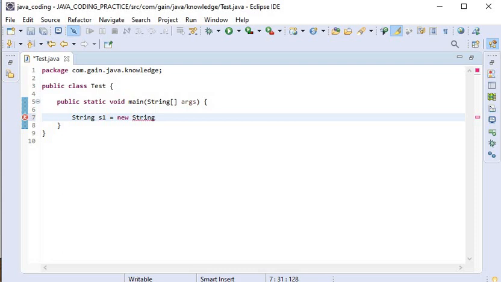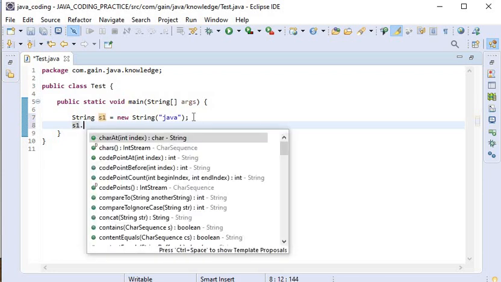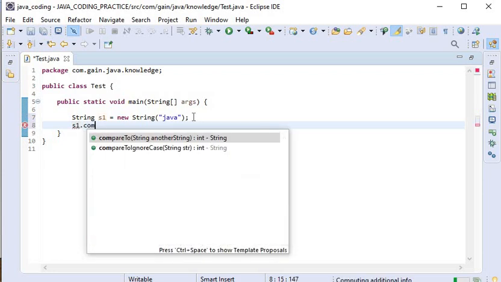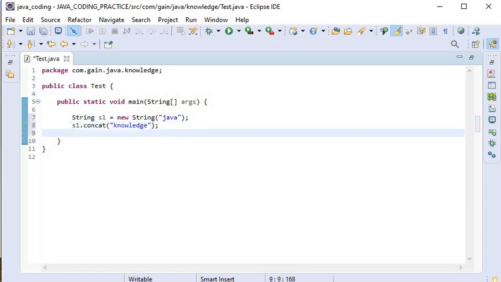Here I will create one new string, that is Java, and now I will concat: s1.concat with knowledge, giving Java knowledge. Here I will print this object, that is s1.